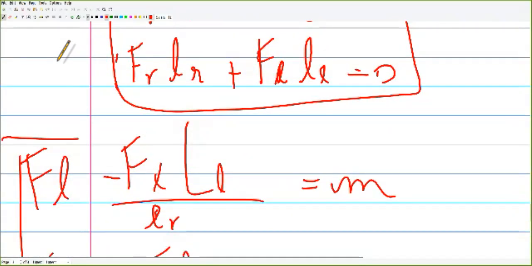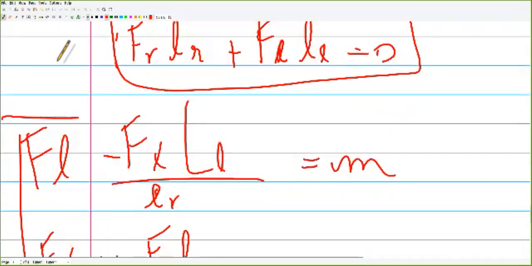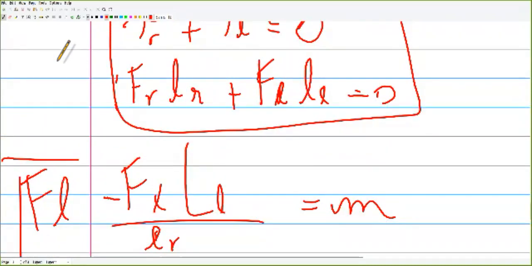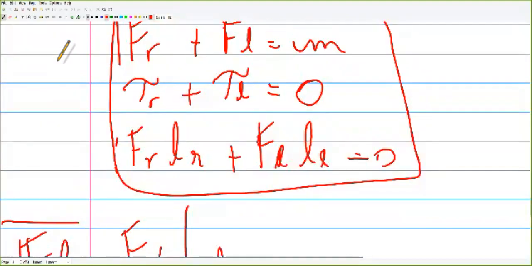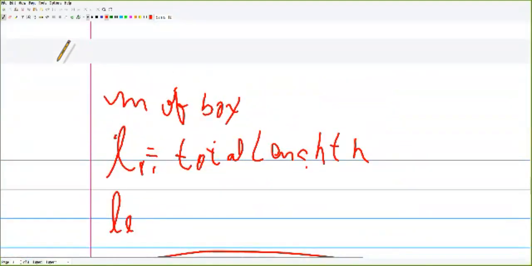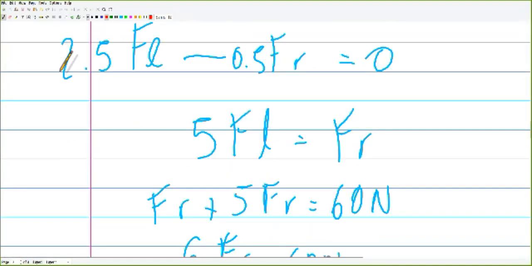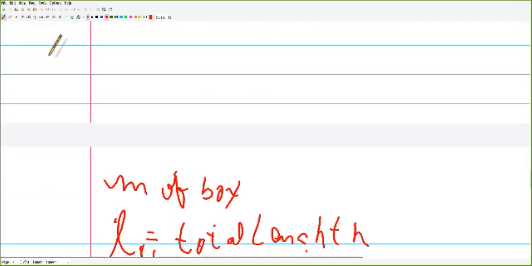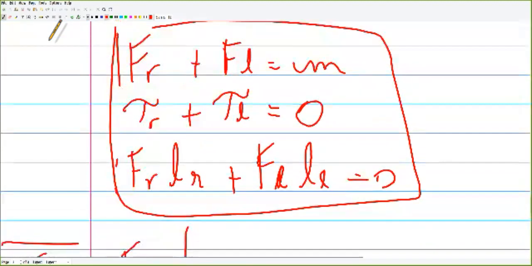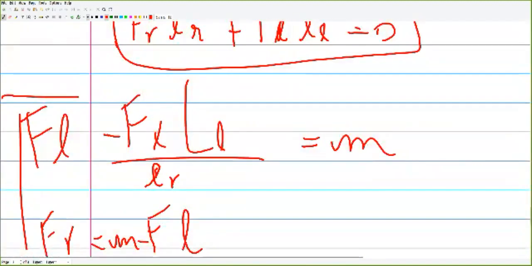So F of R, how did I do it? Up here. Yeah, so we need to use this, but I think